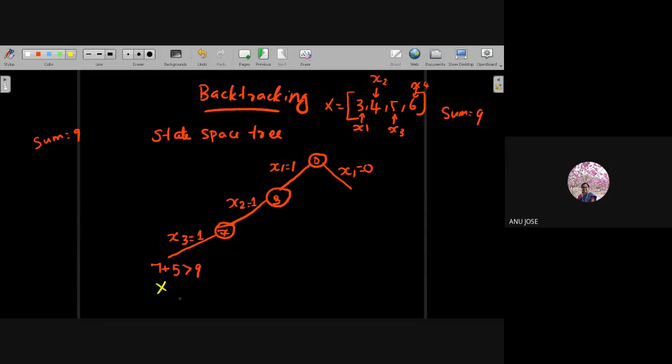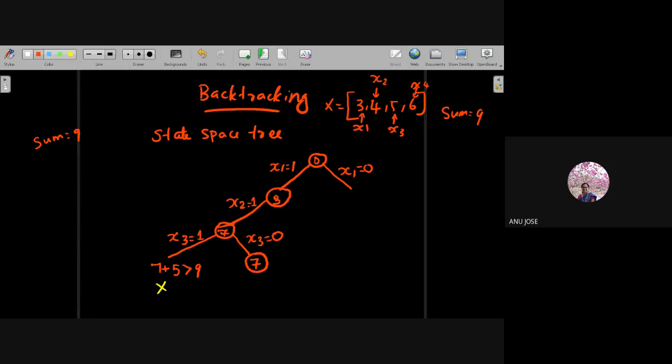If one case has occurred like this, what is the next solution? I can go back to the previous stage and neglect x3, that is by excluding x3, like x3 is equal to 0. So here, whatever the original value 7 was, that will be retained. So I will get the value 7 because the third element I didn't add.